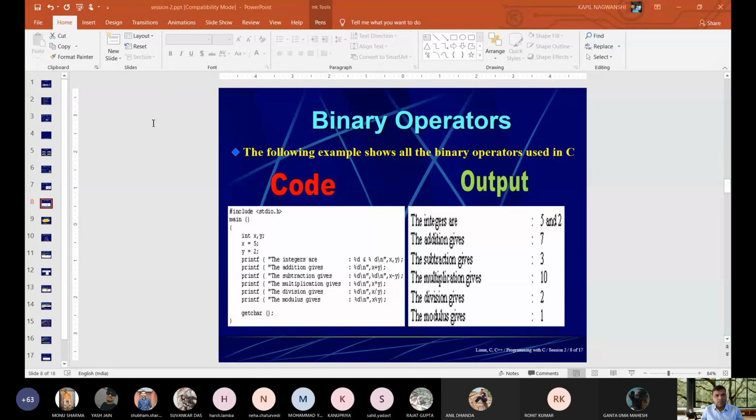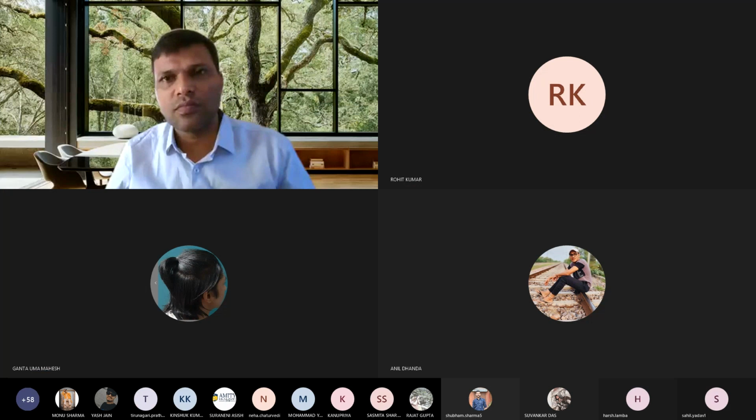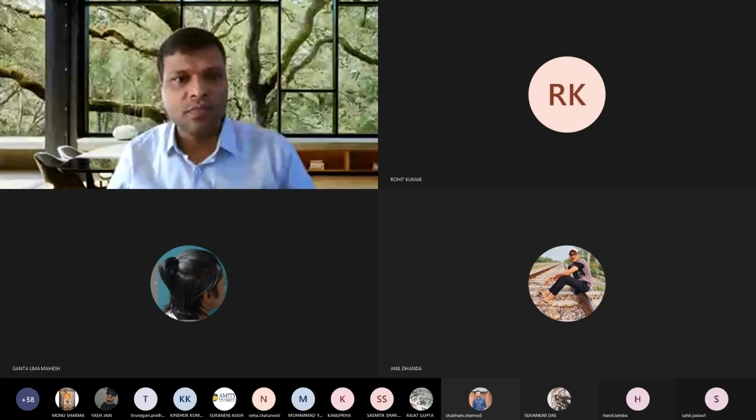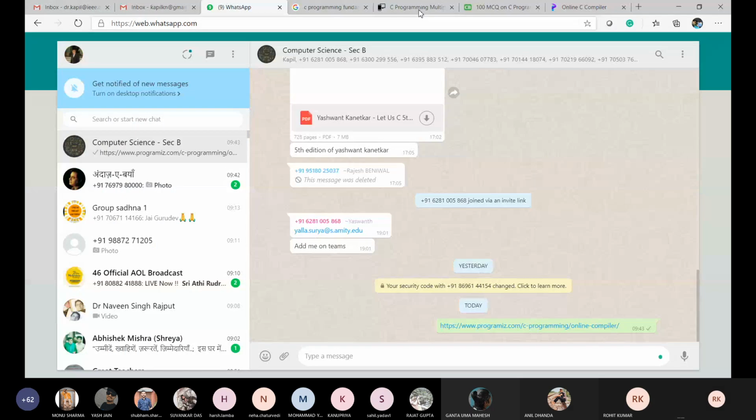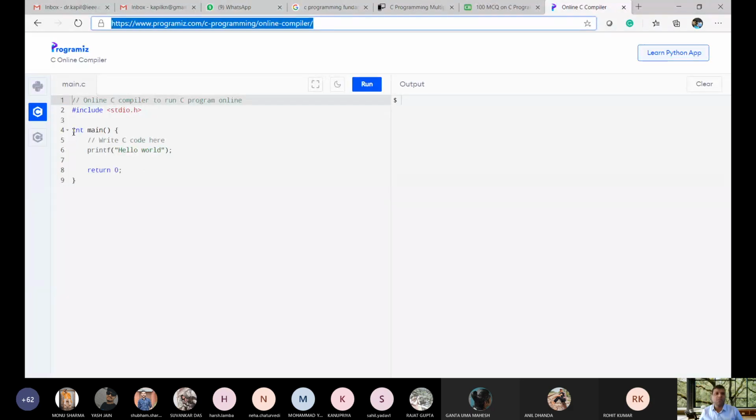Section B. So now the compiler problem is also solved, and this is the compiler. Through this you can open the link in your system, and let me show you. So now this compiler is visible to all of you.